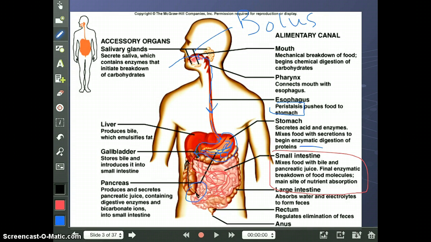From the ascending and transverse colon, those two portions of the large intestine are where it spends the majority of the absorption time. There, you're going to see the majority of your water and electrolytes being absorbed. This one over here is your descending colon. It's just kind of a conduit